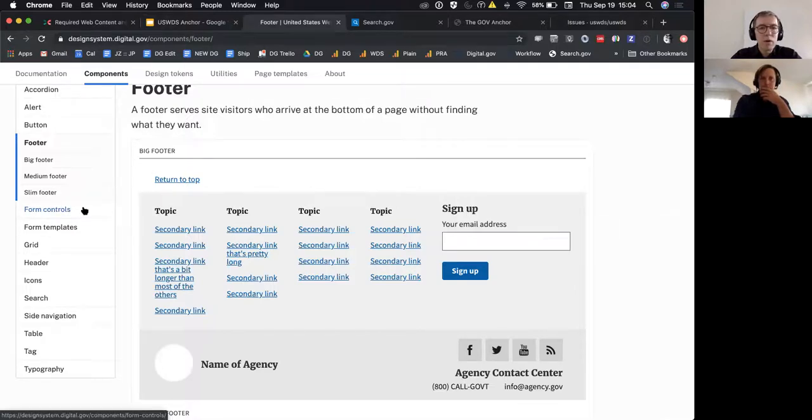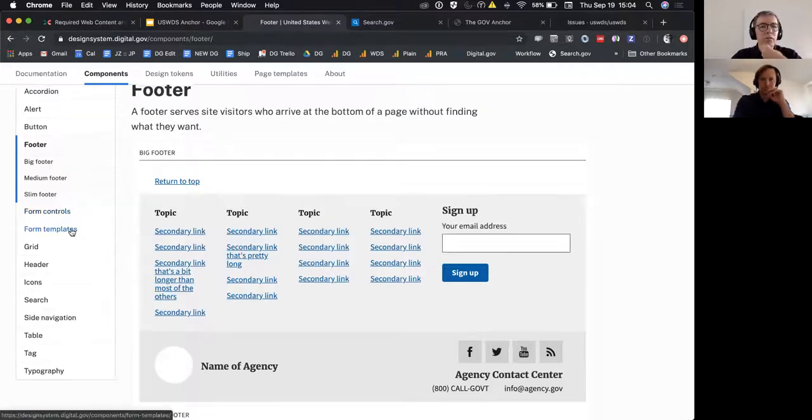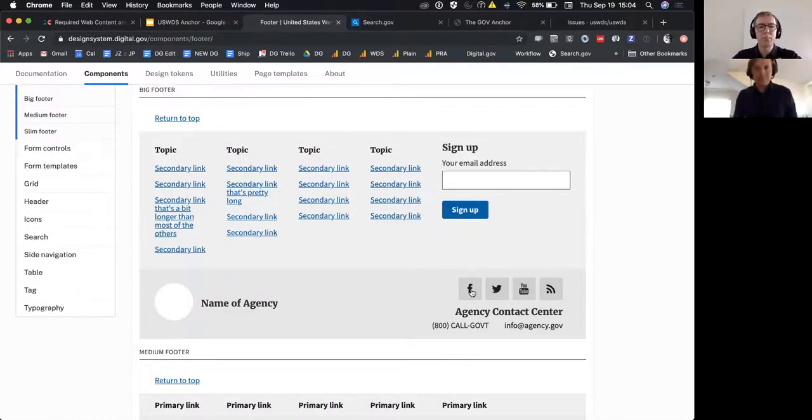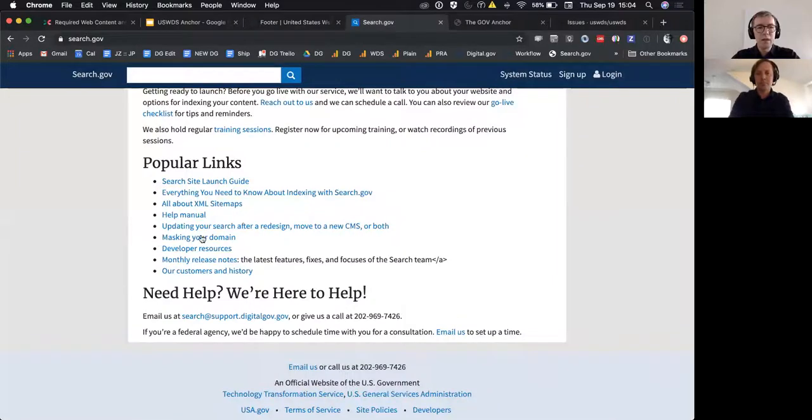So before we jump over to questions, there are a few things I wanted to point out. One is, this was the original footer component that we pulled over for digital.gov, which as you see has all the areas where you could put your links, maybe your newsletter sign up bar, your social icons and whatnot. And here's the current footer for search.gov, which we're going to be working with to try piloting an early version of this along with a number of different sites. So